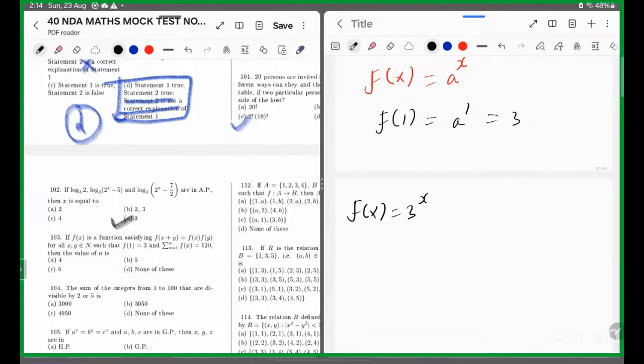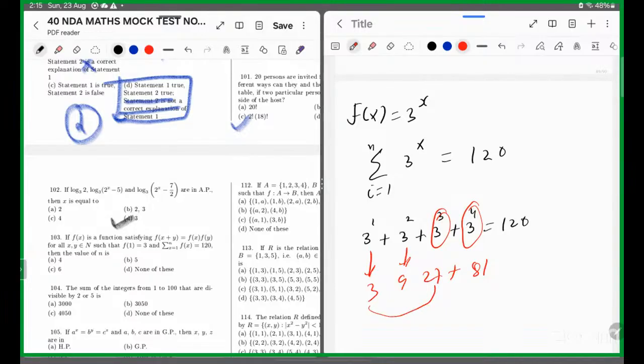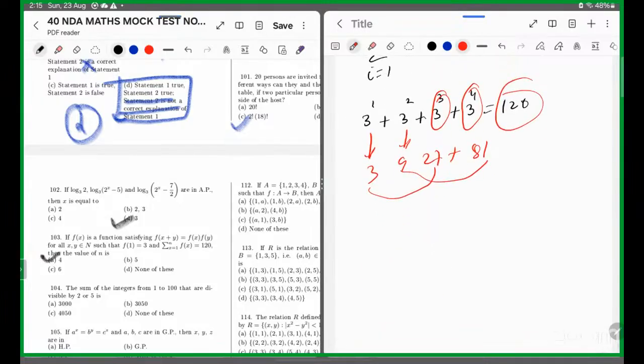और सम बोला है वन से एन तक, मतलब ऐसा समेशन आई इज इक्वल टू वन से लेके एन तक, थ्री पावर एक्स ये दिया है 120। अगर 120 दिया है तो ऐसा आएगा, हमें निकालना है किसका एन का वैल्यू कहाँ तक जा रहा है। जैसे थ्री पावर वन प्लस थ्री पावर टू, थ्री पावर थ्री, कब आएगा ये क्या 120, देखते हैं 120 चार तक ही आएगा, क्योंकि उसके बाद तो ज्यादा हो जाएगा। अगर थ्री पावर फाइव लिया वो तो 243 होता है। चार तक अगर होगा तो ये आंसर है, वरना तो नन ऑफ दीज है। ये आएगा इसका आंसर 81। देखते हैं इसका आंसर 27, इसका आंसर 9, इसका आंसर 3। 27 प्लस 3 30, 81 प्लस 9 90, तो 120 आ रहा है, तो चार आएगा इसका आंसर।